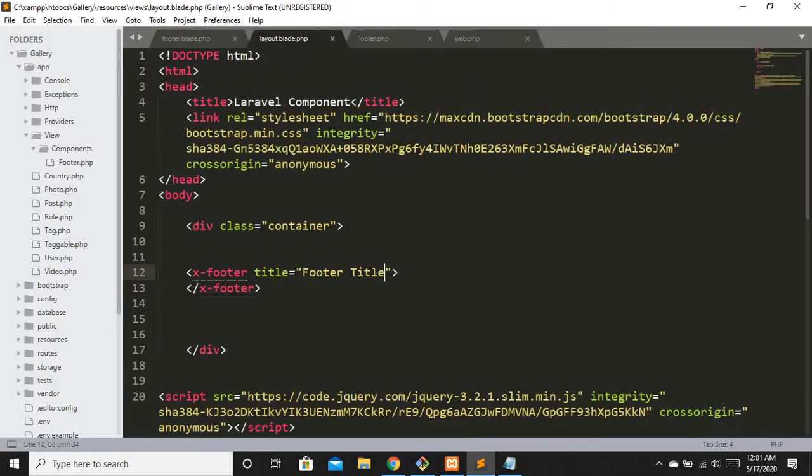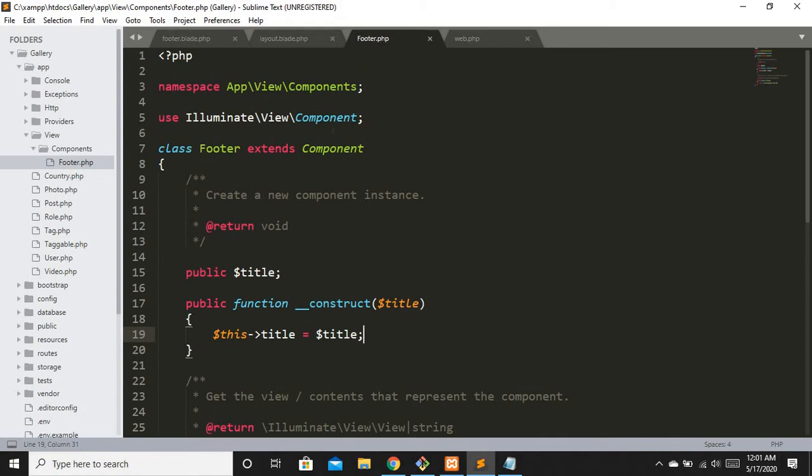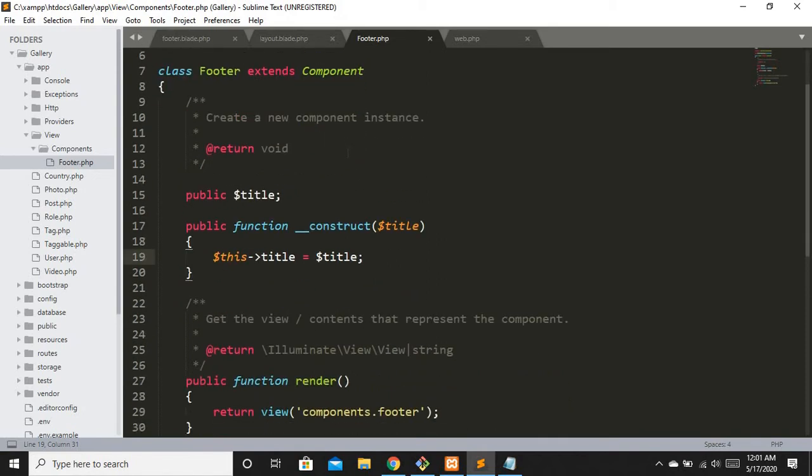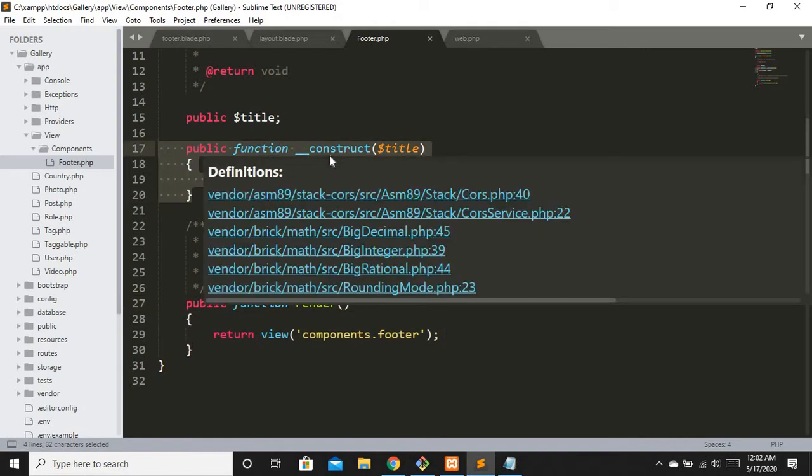So what is going on right here? Basically we are passing the title right here with some string. Now when we are in this footer component class, we are getting that title variable, and we are assigning that specific title variable value to the title in the class variable. And when this page is getting returned from this render function, we are having the title from right here get parsed automatically. I just told you, this constructor we don't need to call, it is going to get called automatically.